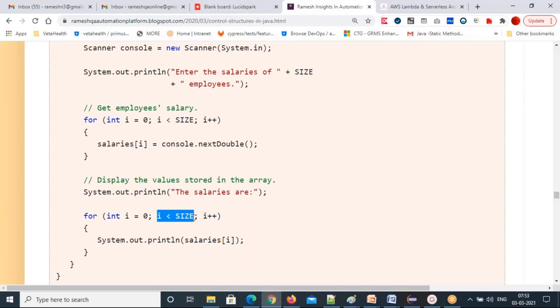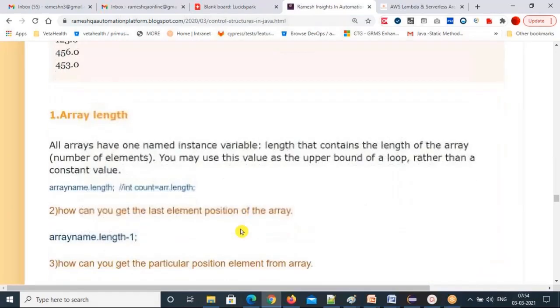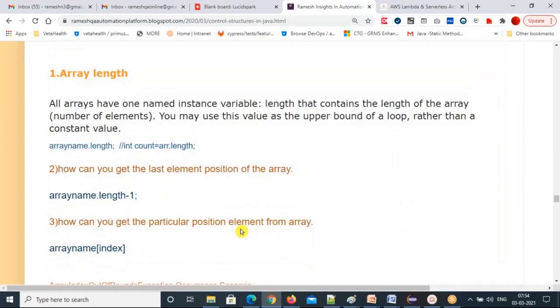That's why, if you know the for loop, then this is easy. If you are not clear about the for loop, you have to exclude all arrays from your classes. Make sure you understand how the same statement is executing multiple times. Understanding how it executes will be very helpful for you. So what is the array length? How can you find the array length? These three are very, very important.